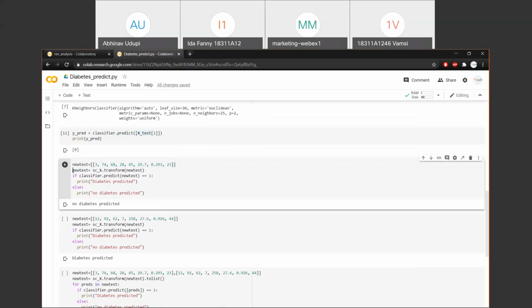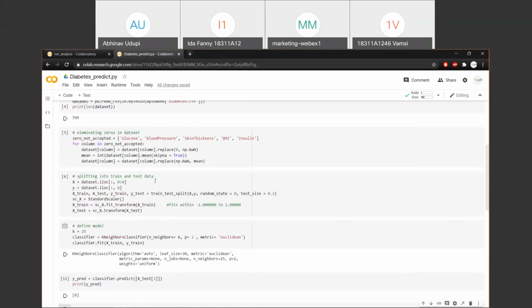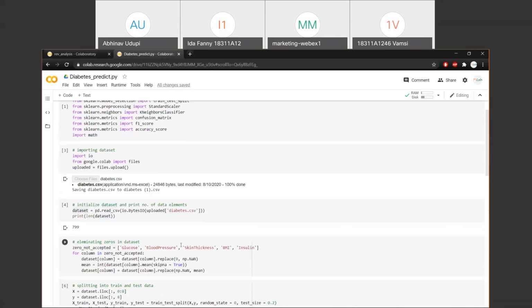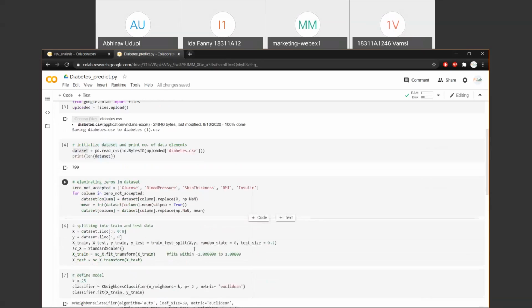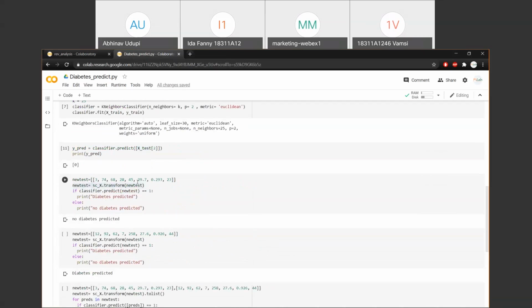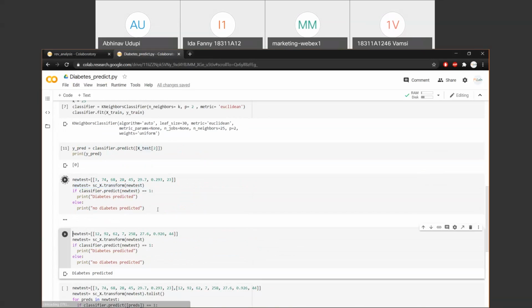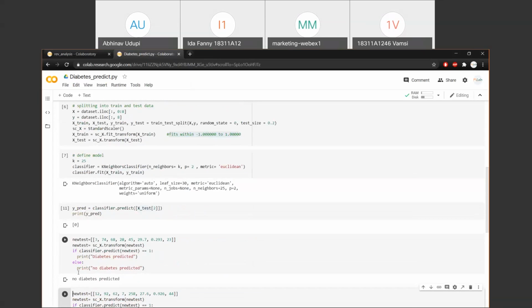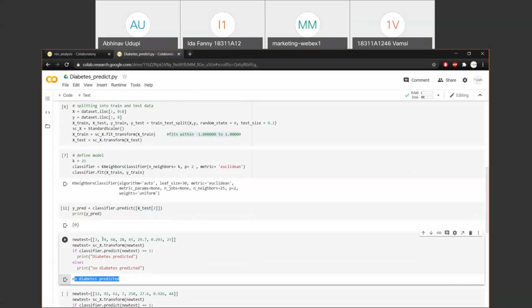Then I transform it, because if you remember, I had put everything into the range -1 to 1. So I have to do the same thing to the new data also. I'm doing the same thing, X dot transform, and then put it into the predictor. Now if you see, this person has no diabetes predicted for this particular set of